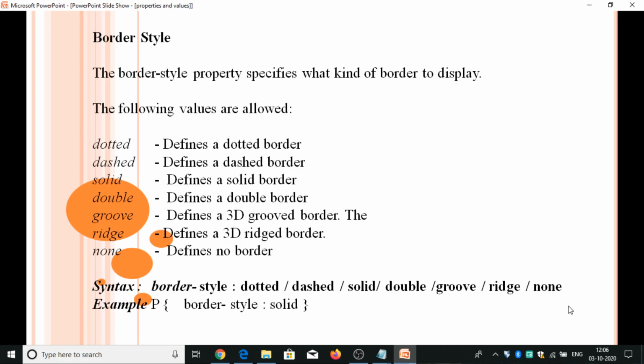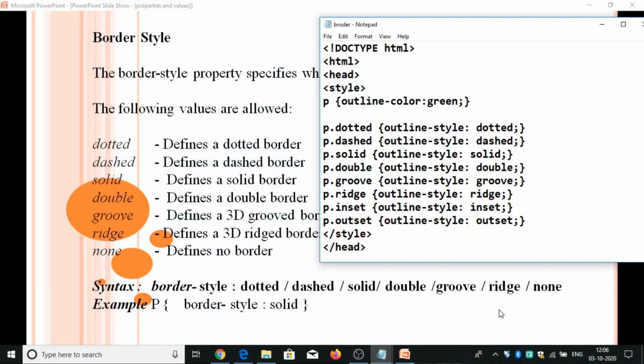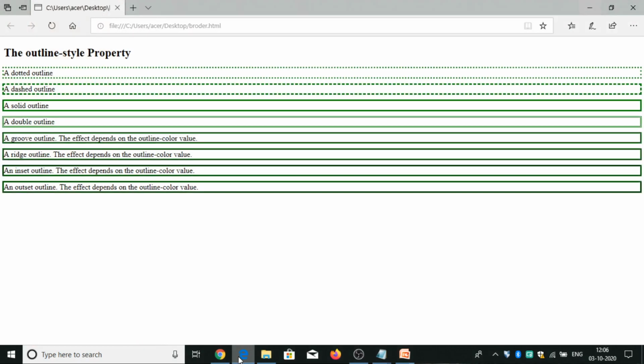Here I have taken solid. Let's see the program for these borders. This is the program for border. And the output for this is this. This border style with dotted line, this is dashed line, solid line, double line, groove, ridge.